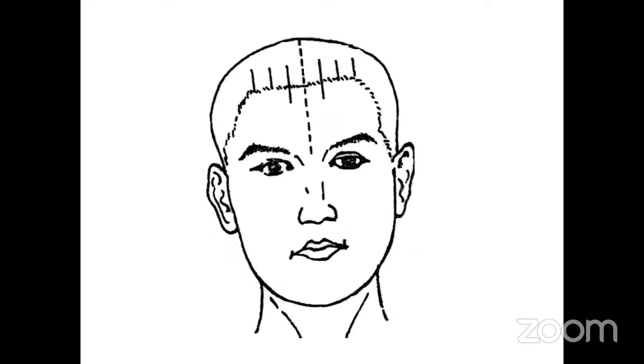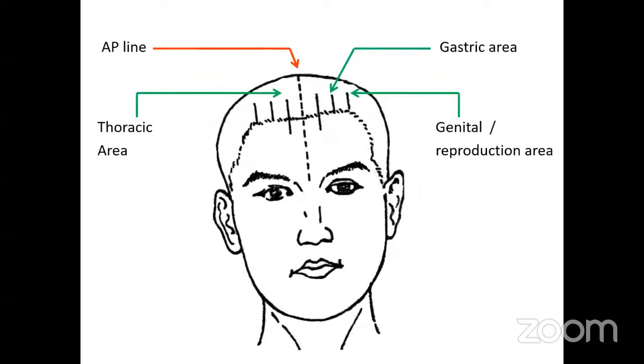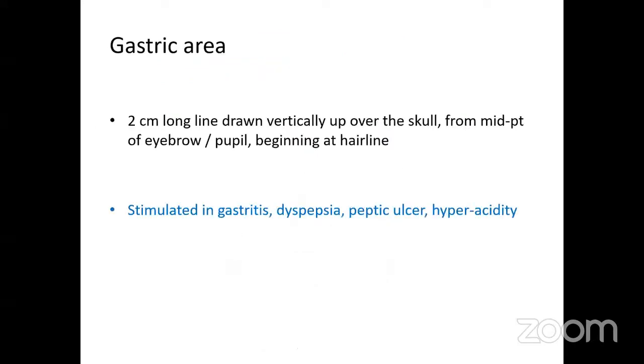Then we have some points in front of the forehead and some points on the back: the gastric area, the thoracic area, and the reproduction or the genital areas. The gastric area is right in the midline. In a forward gaze, look for the pupil. In line with the pupil,